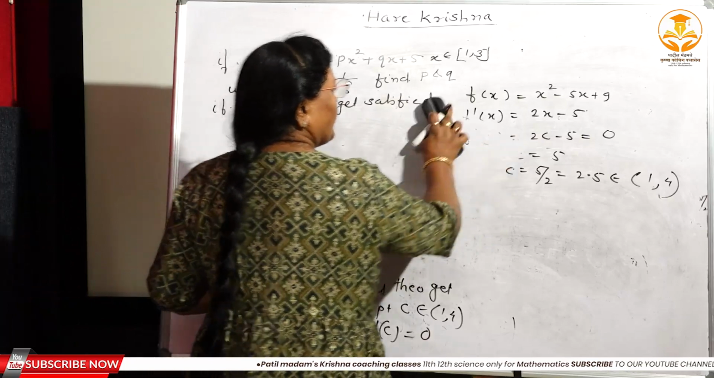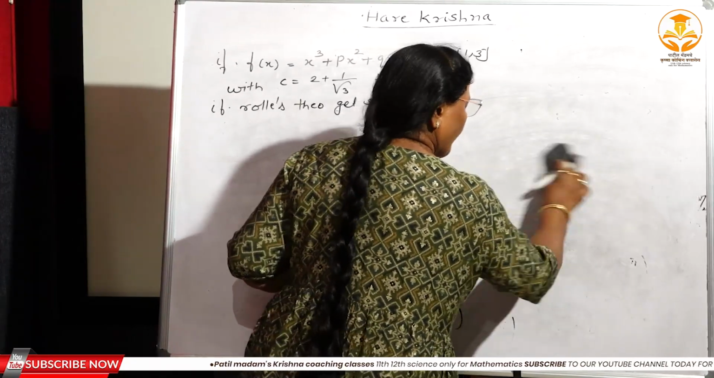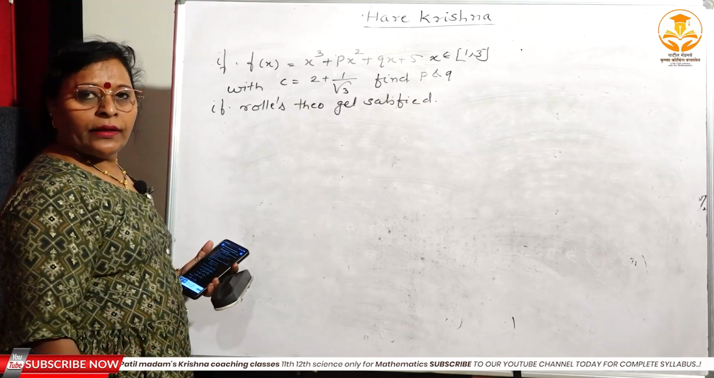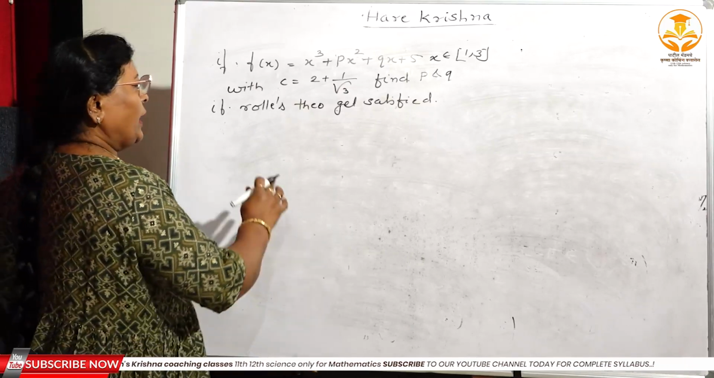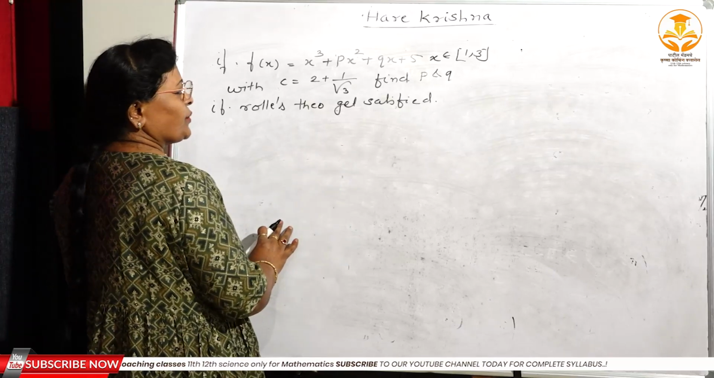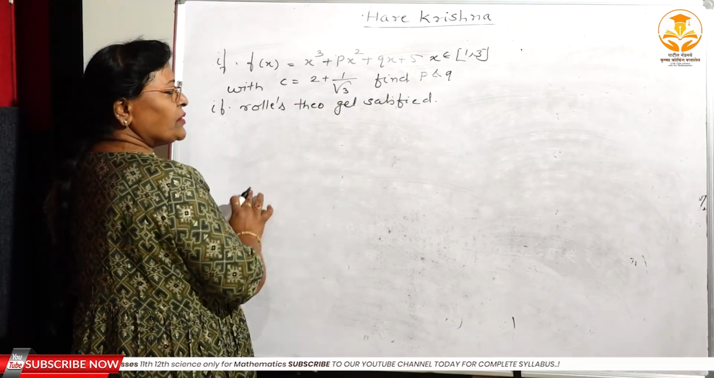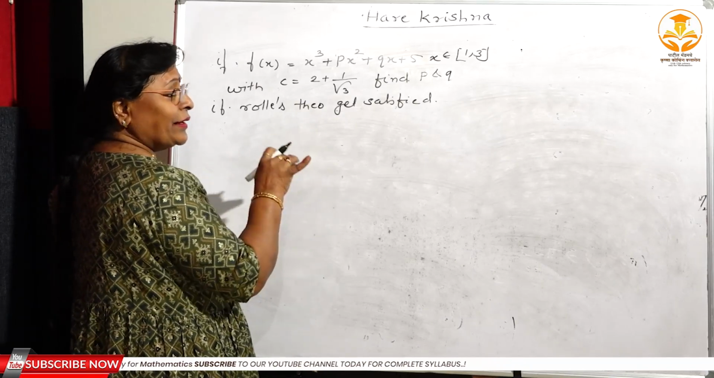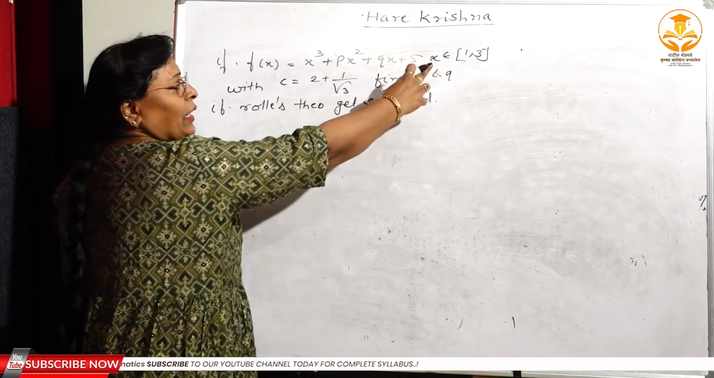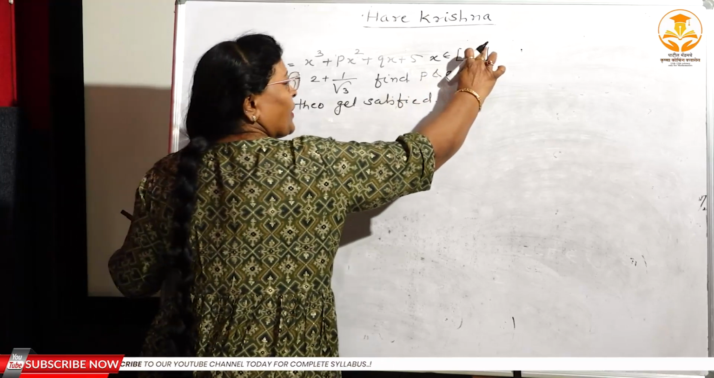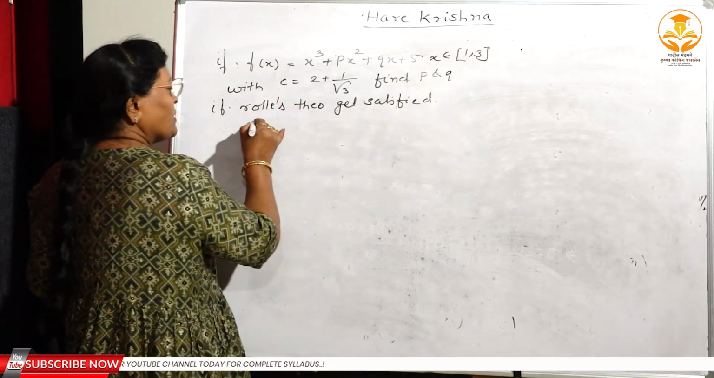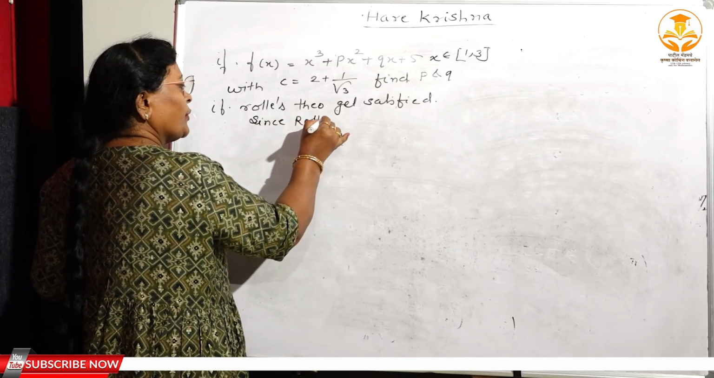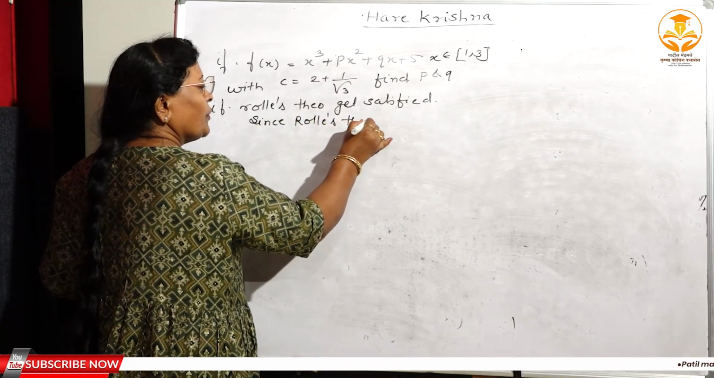Now see this example here. This is again a very, very important example. You may be asked in the board, CET, any year, any entrance examination or the board also. Now here the conditions of Rolle's theorem get satisfied. Means it is continuous, it is differentiable, and the last condition, that f of 1 is equal to f of 3, is very, very important, isn't it? Now here since Rolle's theorem holds,